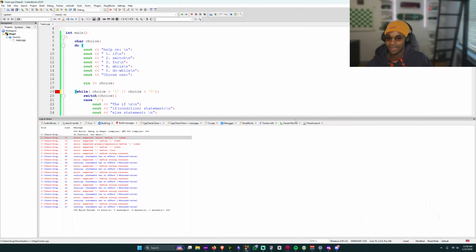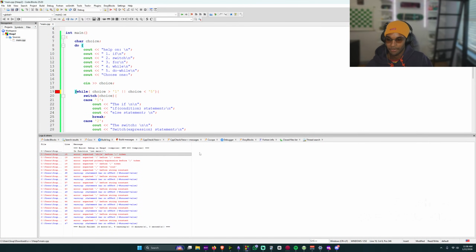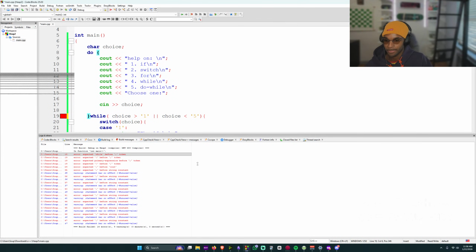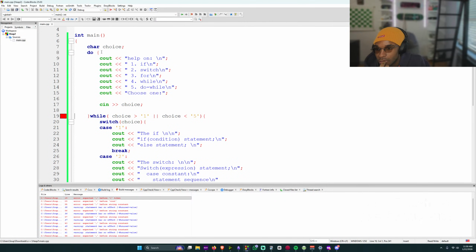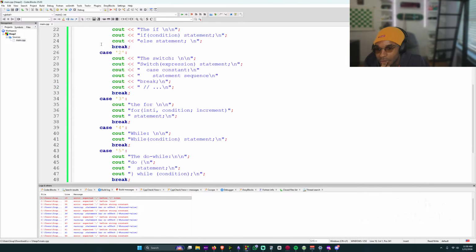What? I have no clue. What's the problem here? Expected a colon before the token? Everything has a colon though.